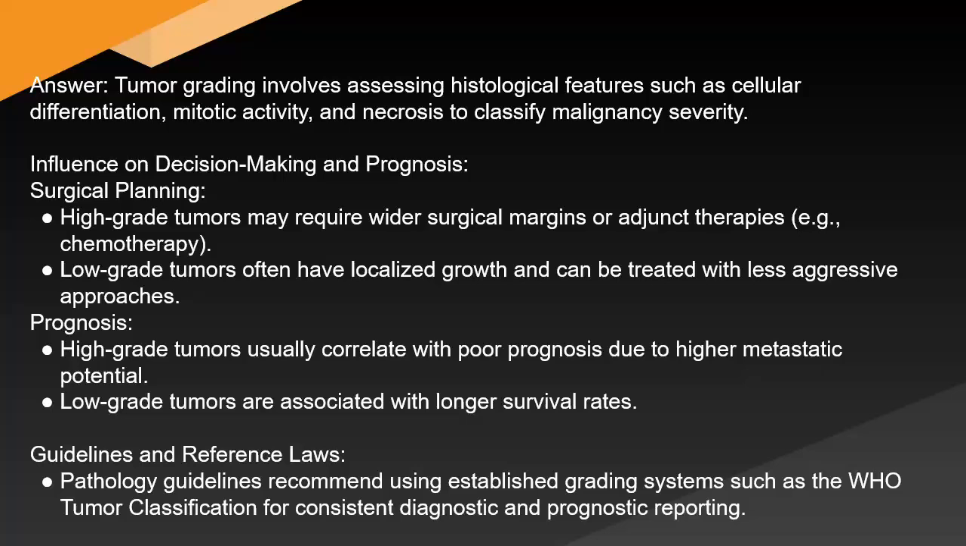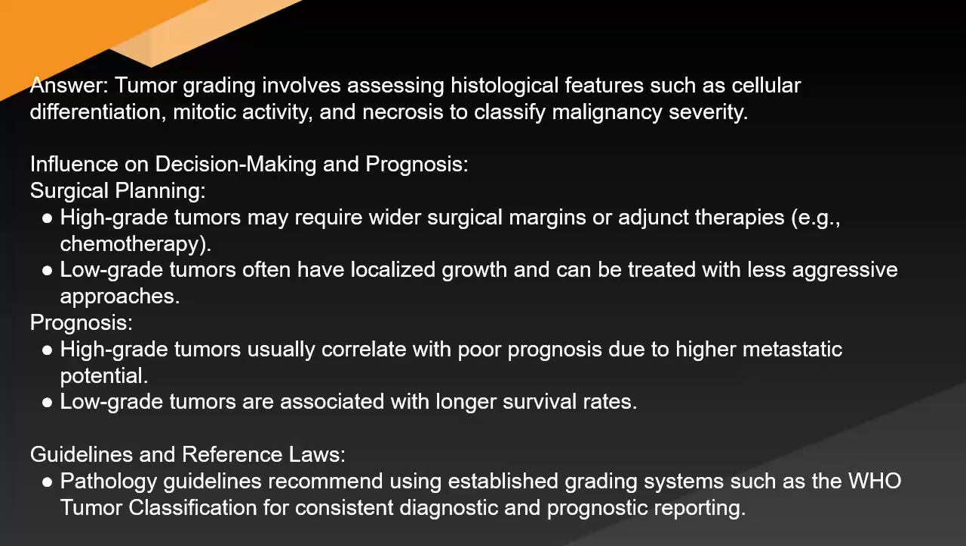High-grade tumors may require wider surgical margins or adjunct therapies, e.g., chemotherapy. Low-grade tumors often have localized growth and can be treated with less aggressive approaches. Prognosis: high-grade tumors usually correlate with poor prognosis due to higher metastatic potential. Low-grade tumors are associated with longer survival rates. Guidelines and reference laws: pathology guidelines recommend using established grading systems such as the WHO tumor classification for consistent diagnostic